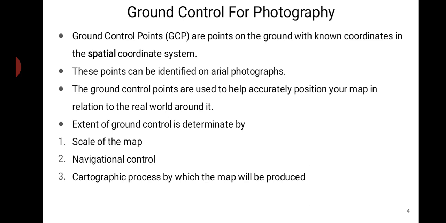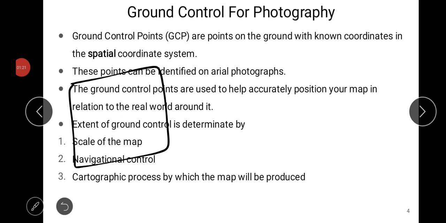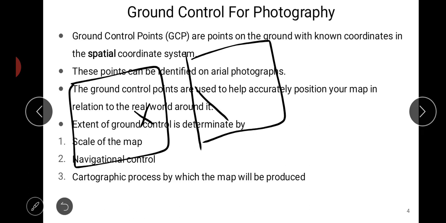The ground control points are used to help accurately position your map in relation to the real world around it. So when there are n number of photographs taken, imagine this to be your first photograph and this is the first coordinate. Similarly, a second photograph is taken and this is your ground coordinate which is visible in the second photograph.